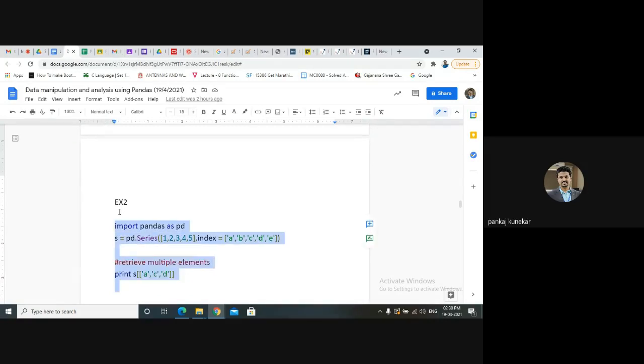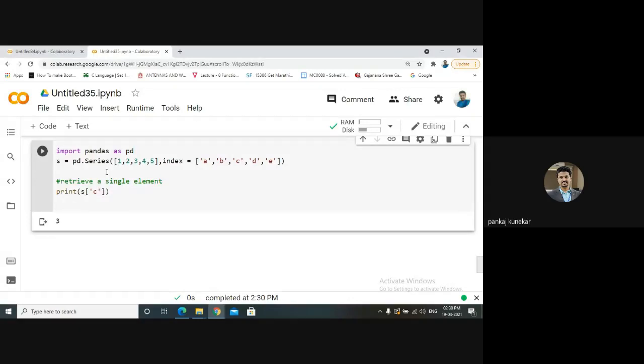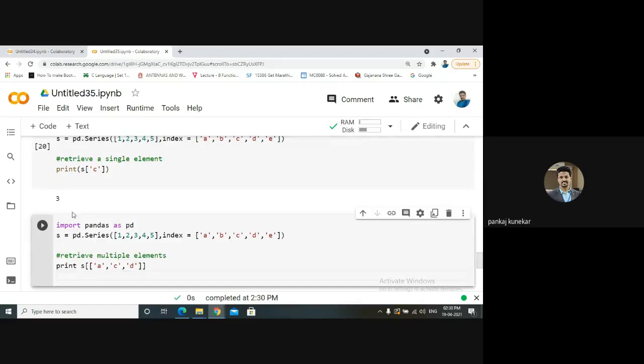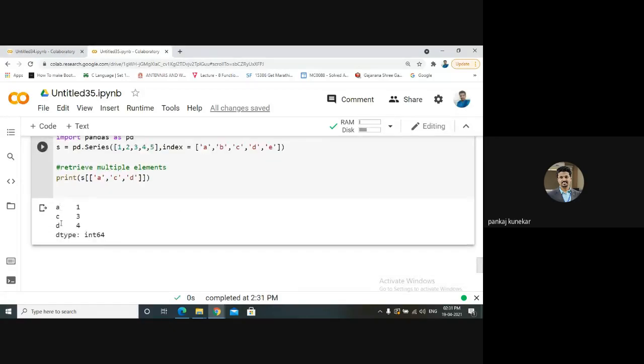Suppose we want to retrieve multiple elements. This will give you a single element. Suppose I want multiple elements using labels or index. So I can specify the list here: A, C, comma D. So A, C, and D will be retrieved and the respective values displayed.